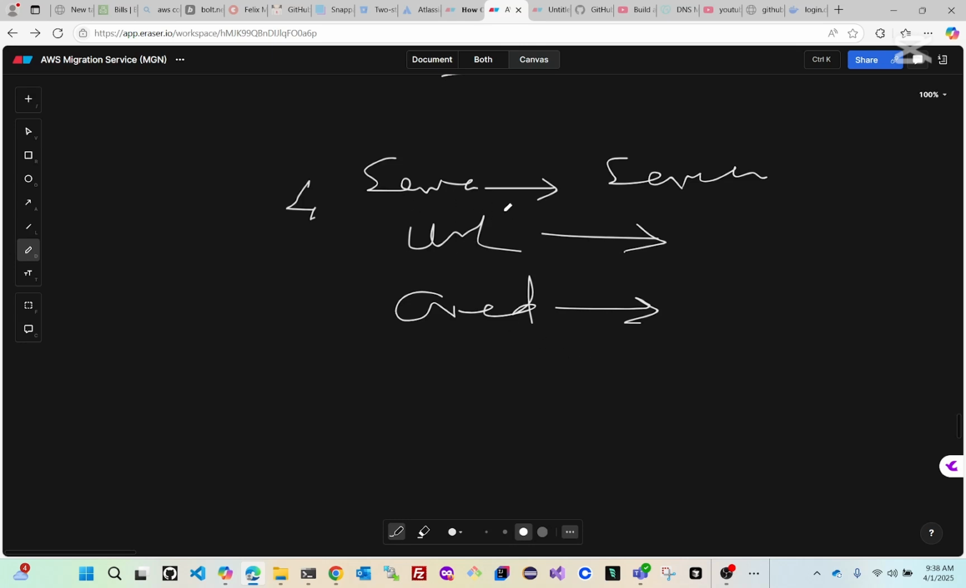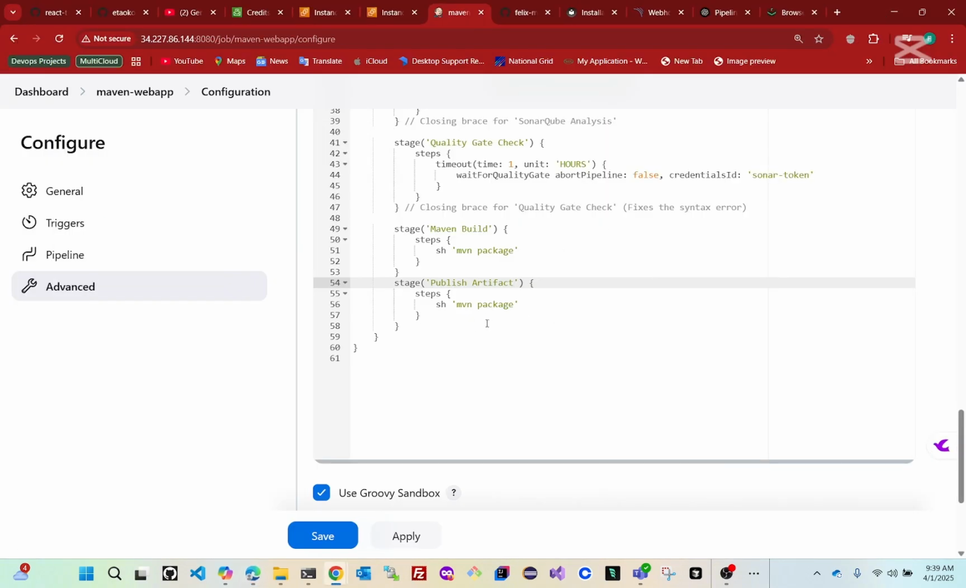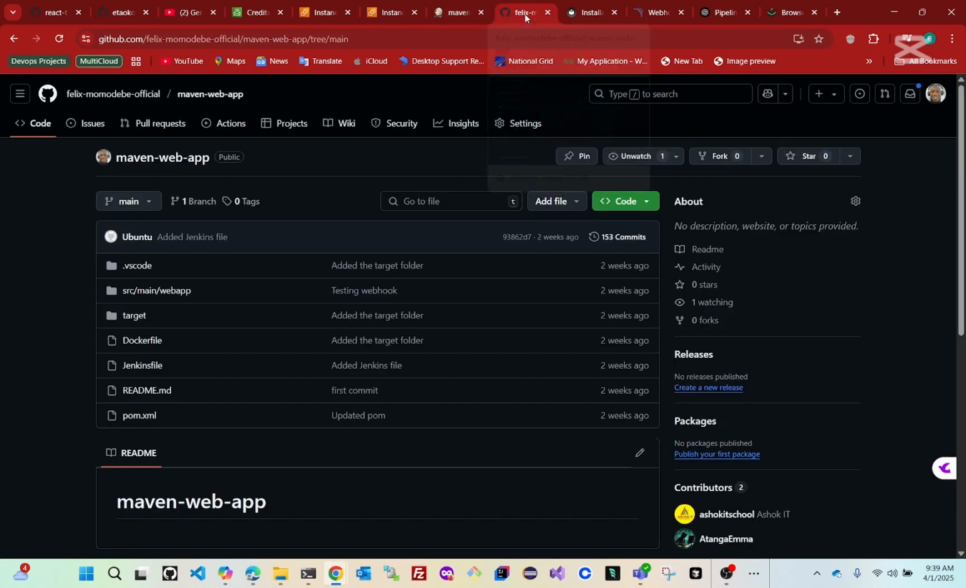Now, it is safe to put your URL anywhere, but your credential must be saved in a secure place, and that's what we are going to do now. So before we set up this stage, we have to go and update our URL and the credential in two places. So one, we are going to go into our GitHub repository, and we are going to go into a file called